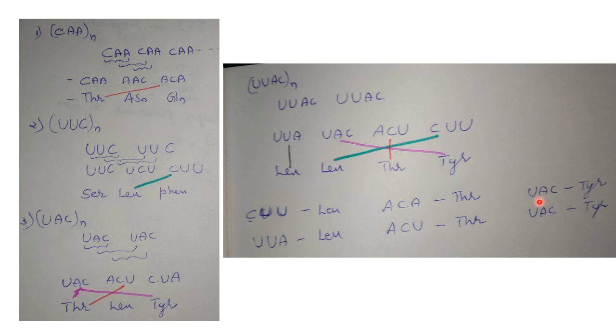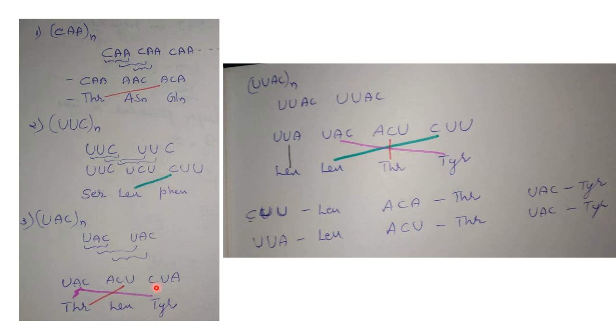Now UAC is present here. So wherever tyrosine is present, UAC is present, and here also UAC is present. So UAC will code for tyrosine. That is why I have given a pink sketch color for that. Then UUA might code for leucine, because we have got leucine, threonine and tyrosine. So UUA might be for leucine and ACU. So here also ACU is present. So that may be coding for